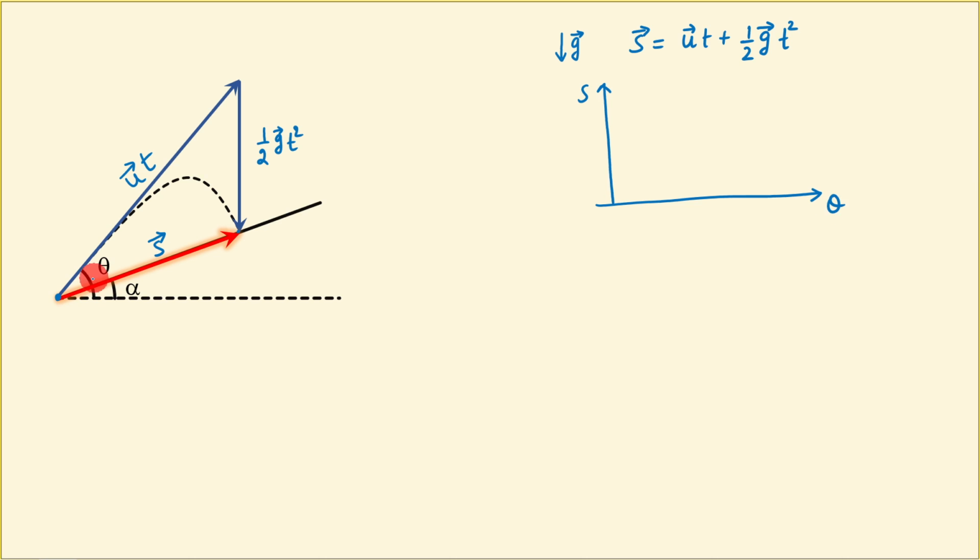If I take the angle theta equal to alpha, because we cannot take any angle less than alpha. Of course, in that condition, the ball would have to break this inclined plane and go in the downward direction. That cannot happen, so the minimum value of theta is alpha. At alpha, since the velocity is already in the direction of the plane, the point of landing becomes the point of launch. The ball will start sliding on the surface. At the moment you throw, the ball is on the incline, so the displacement is going to be equal to 0 at this point.